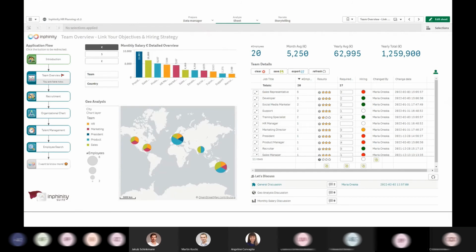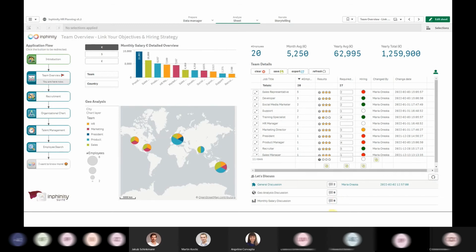Now, please give me a few minutes to show you what will be new in the first Infinity Suite release ever. That will be out in 2 weeks, and what you can look forward to. The main points I already mentioned, but as a Qlik user, I know it's much more powerful to see it. So here it is.